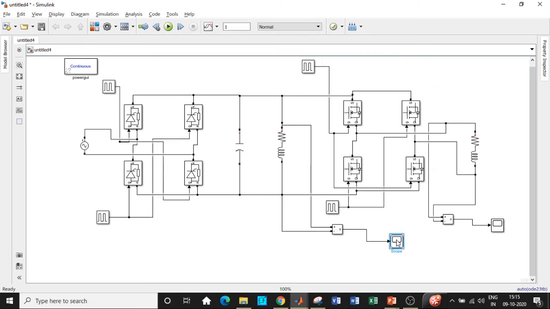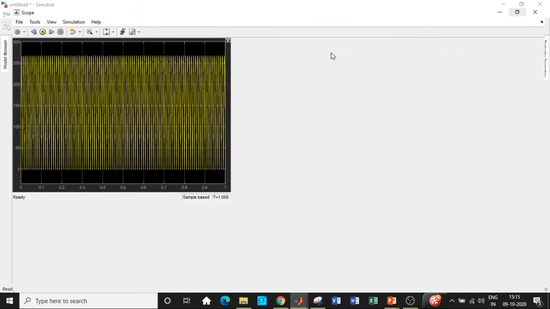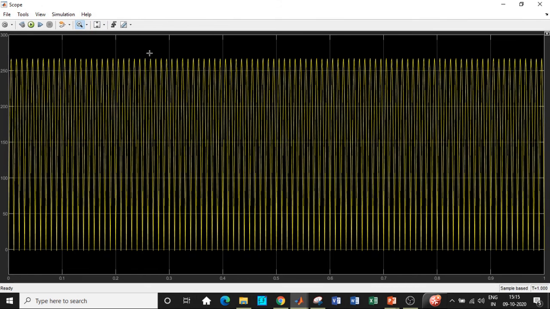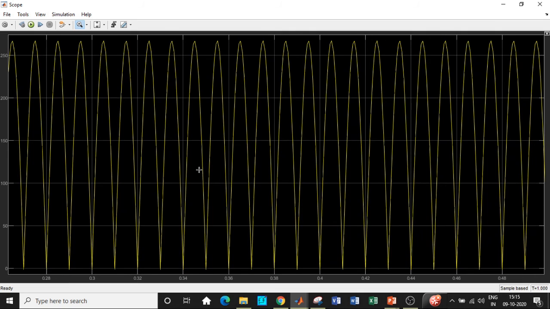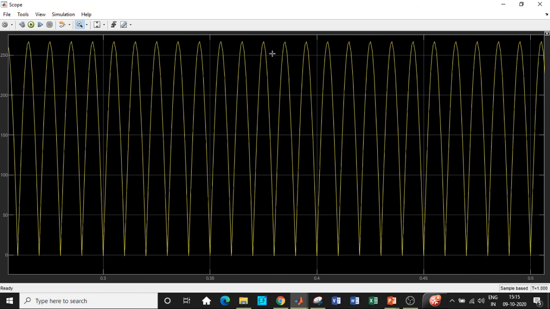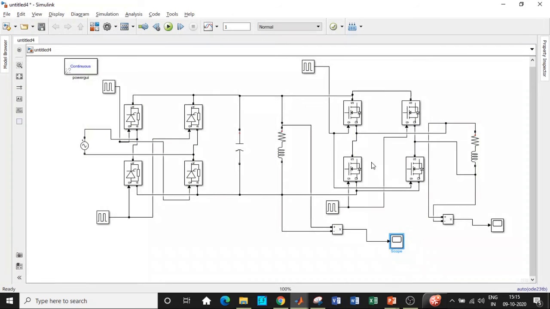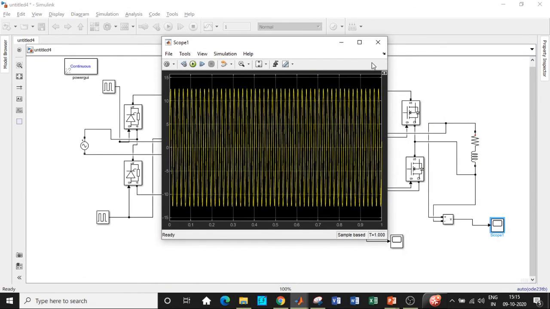So let us start off with the rectifier section over here. So we can zoom in the waveform in this particular fashion. We are getting a DC voltage, if you observe. So we have to use a capacitor with a higher value, or design a capacitor such that the ripples will be much lesser, because the ripple now is from 0 to 270 odd, so that is very high. So we have to design a circuit such that it will be as less as possible. So once that is done, let us look at the inverter output.